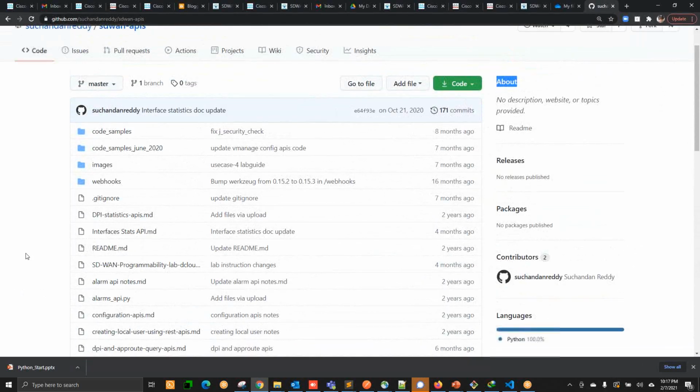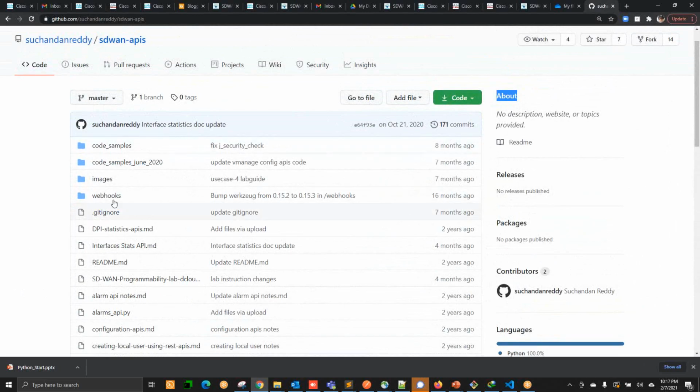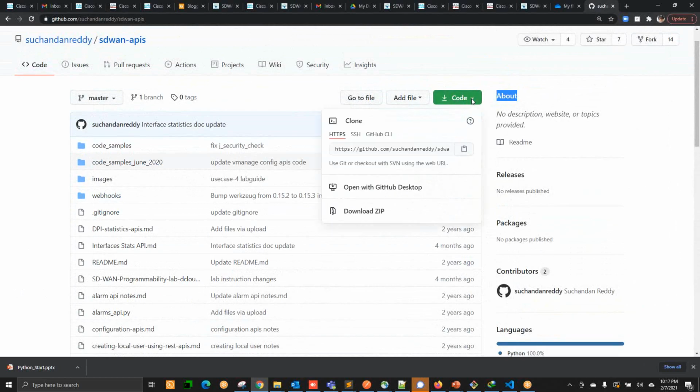Now these codes that you are seeing here, you want to use it, correct? So obviously you need to copy it. See here you have the download option, but do not download like this. You just go here and click here, and then you have this option to copy it, correct?